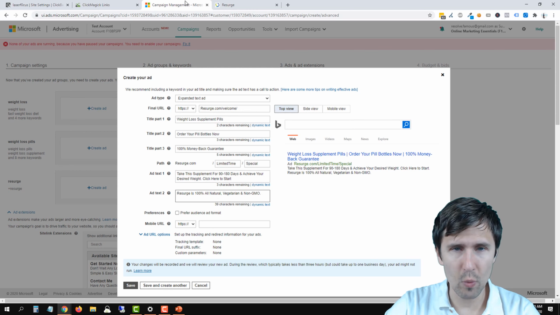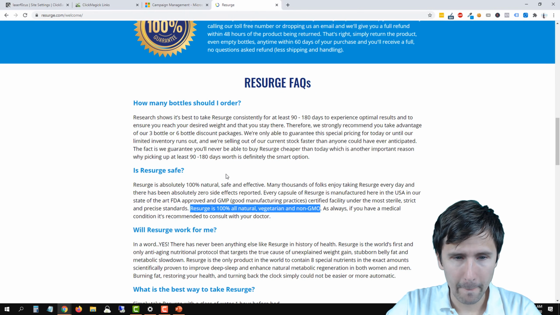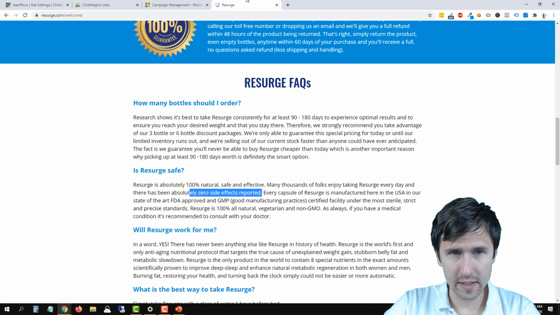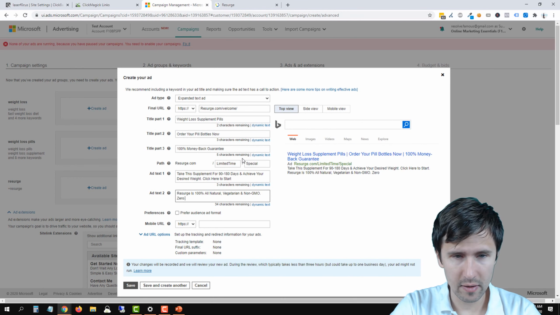Let's see if we can squeeze in one more sentence. Contains 8 special nutrients or something like that, or let's say 0 side effects reported. I find that hard to believe, but